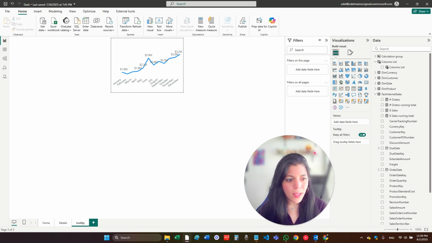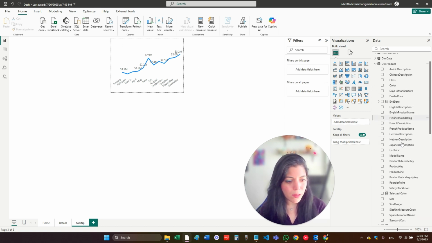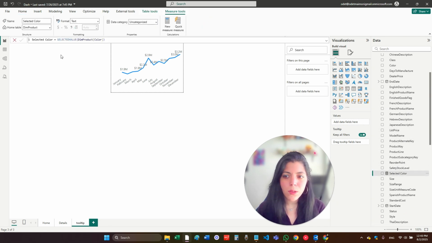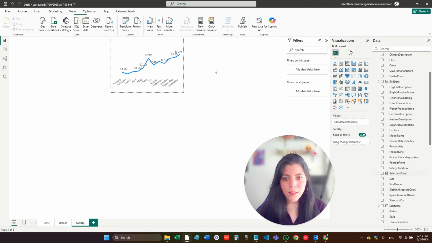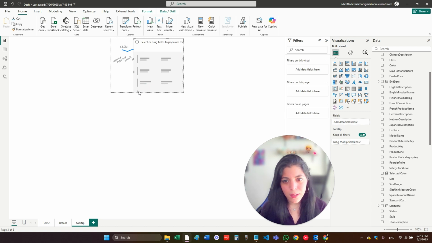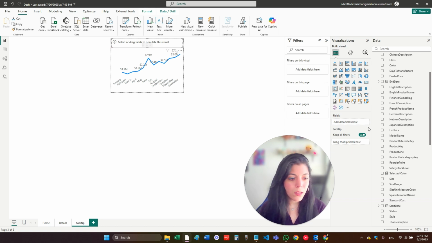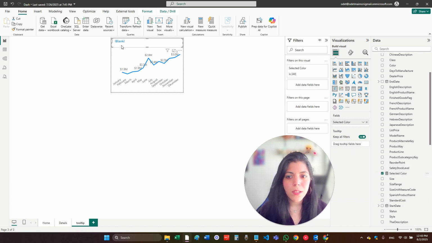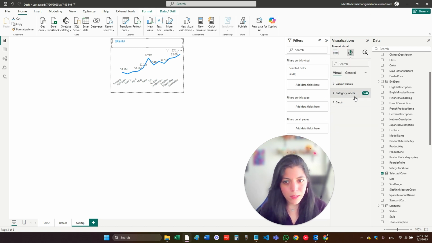How am I going to do that? I created this measure. I called it selected color, and it basically just takes the selected value of the dim product color. When I put it on the screen like that, right now it just shows blank, because it is not related to anything. But when I hover with my mouse over a specific color, it will identify the selected color and it will be shown here. I want to make it a bit bigger